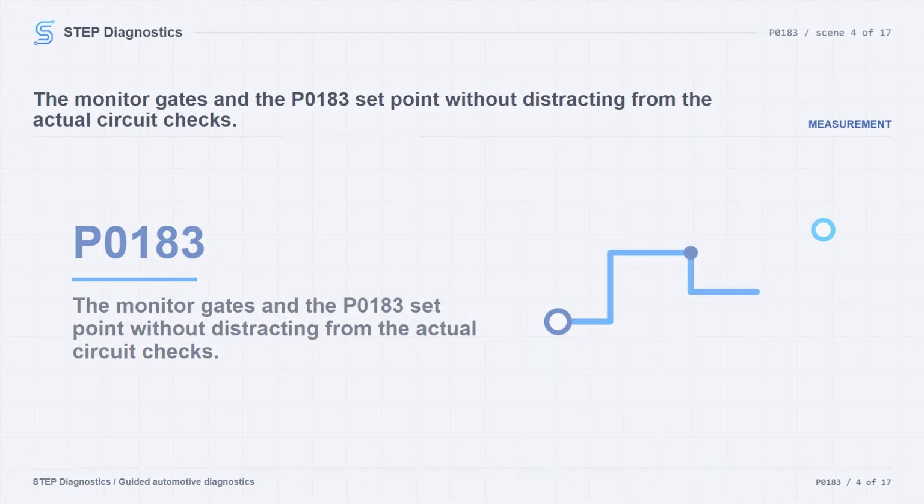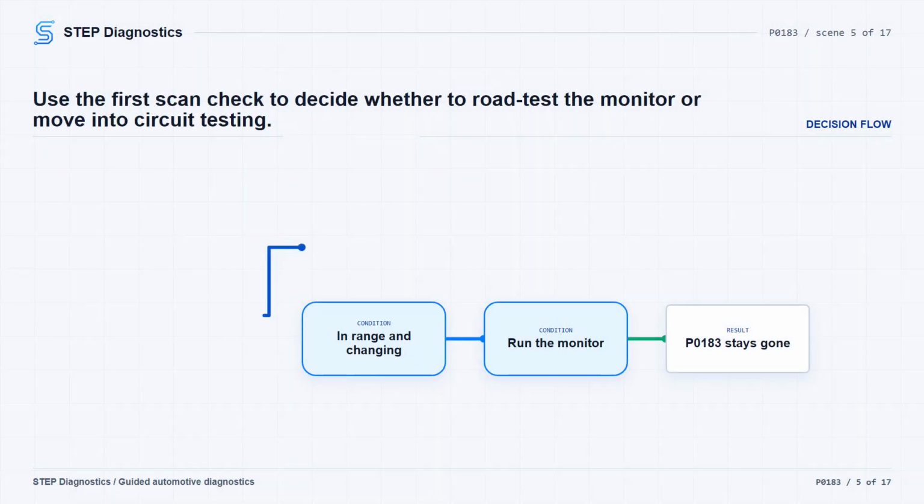greater than 2 seconds. With ignition on and the vehicle in service mode, look at the fuel temperature sensor parameter. It should be between -39 and 109 degrees Celsius, -38 and 228 degrees Fahrenheit, and it should change. If it is in that range and changes, reproduce the operating conditions, or reproduce the captured conditions, and verify P0183 does not reset. If the code does not reset, that path checks good. If the parameter is out of range, does not change, or the code resets during the check, move into circuit